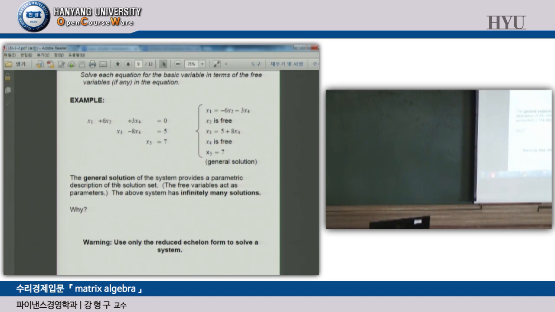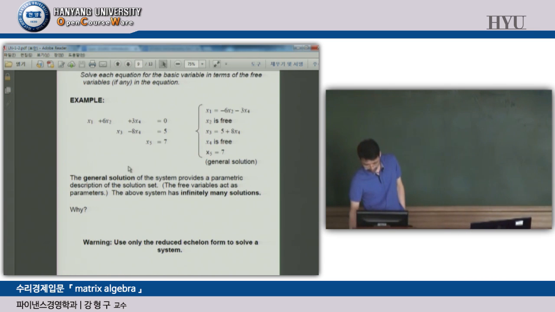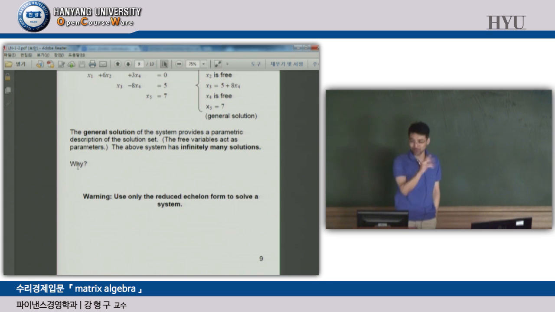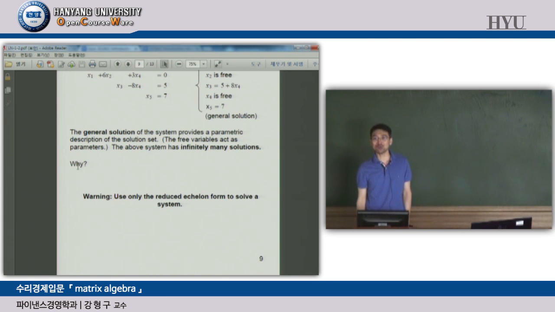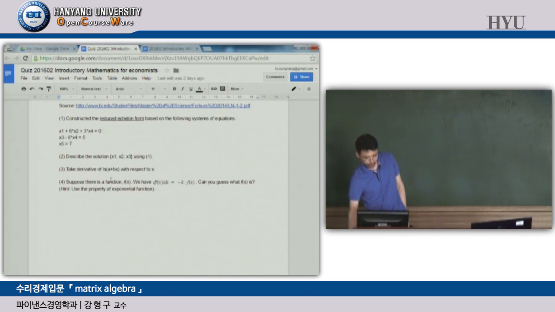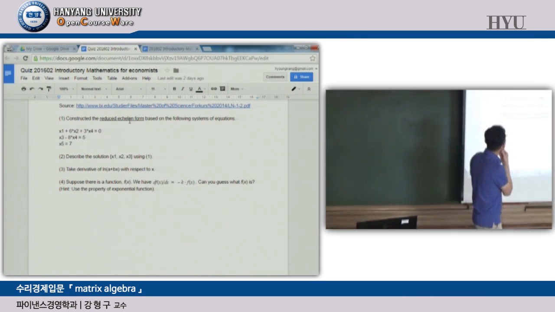In this case, x2 and x4 are free parameters, and you can basically solve it. The first one is easy in that sense, not so difficult. The second one is also easy, you can just solve it. And the third one is